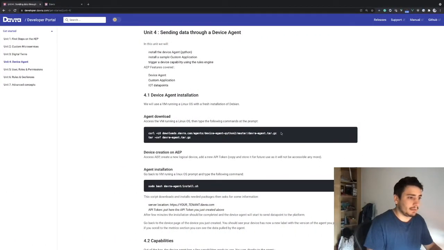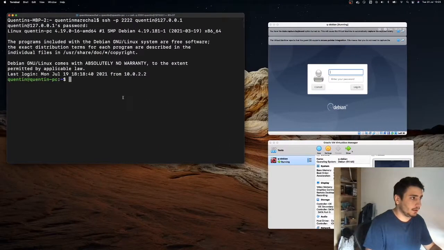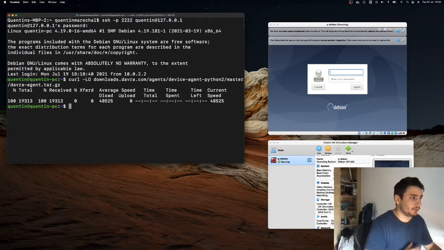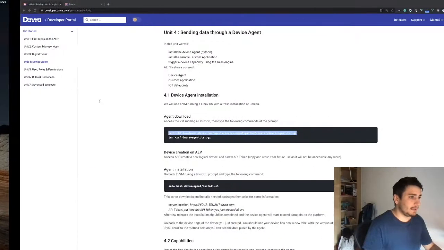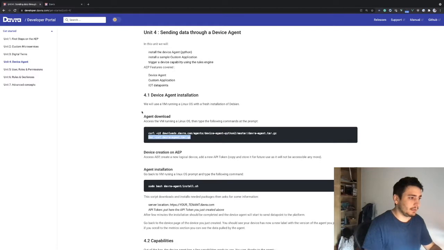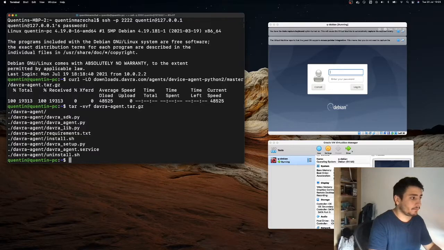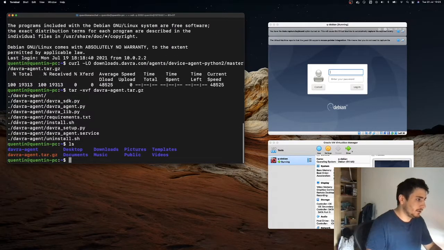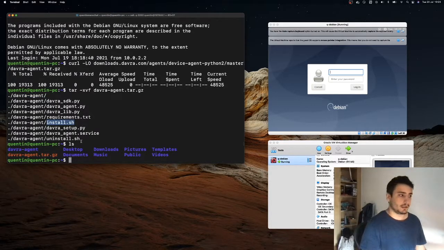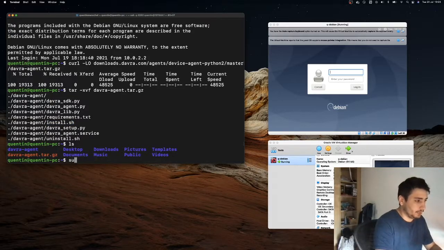If we go back there, installing the device agent is fairly simple. We just need to download it. I will download the most recent version of the device agent, and then we need to untar it, like so. As you can see, it created a folder called Davra agent, with a few files in there. We need to run the install.sh script to fully install the device agent on that remote device. So I'll do a sudo